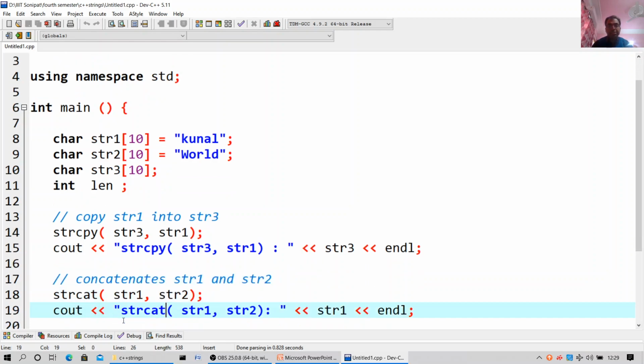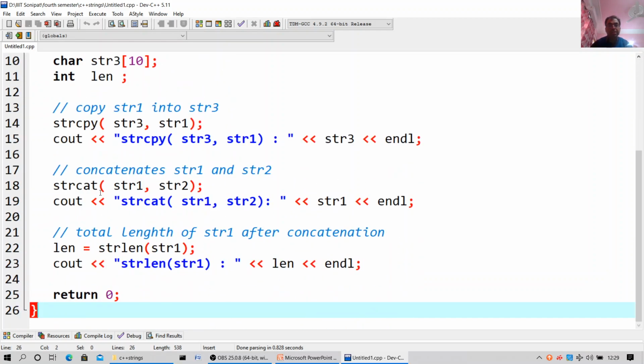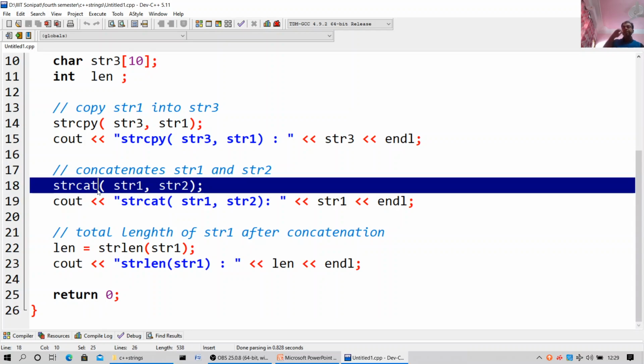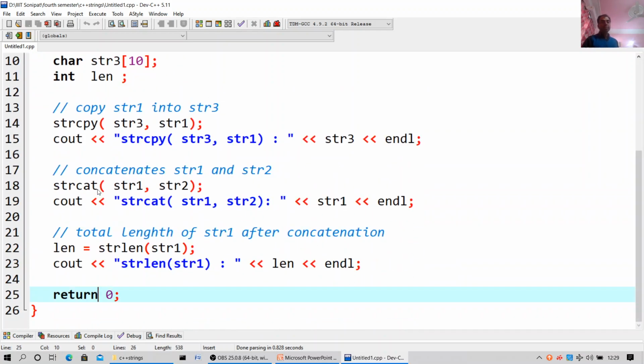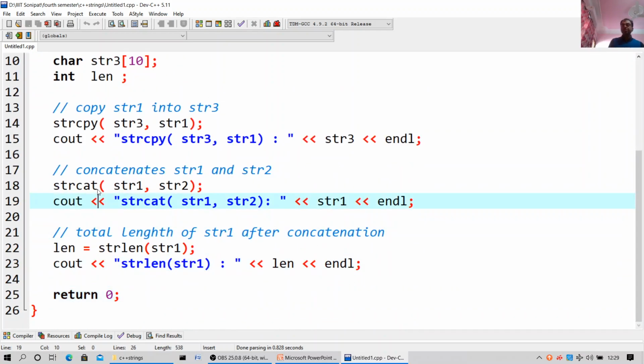Next I'll highlight the concatenation of str1 and str2. Here I am doing concatenation of two strings, string 1 and string 2, so the output of that will be Kunal world. cout << strcat(str1, str2).